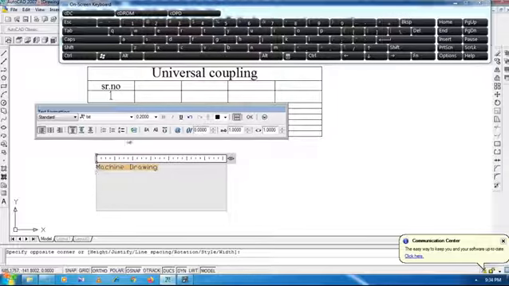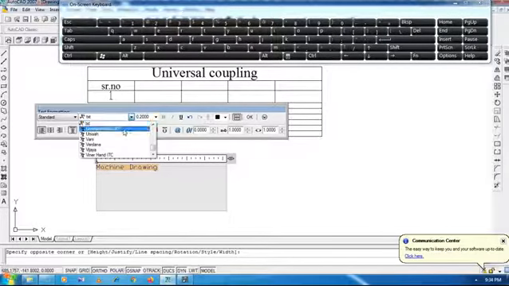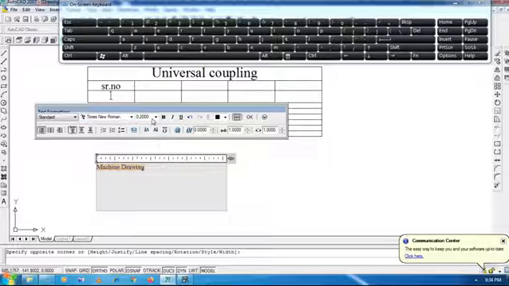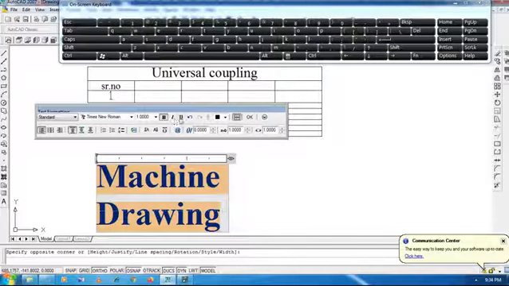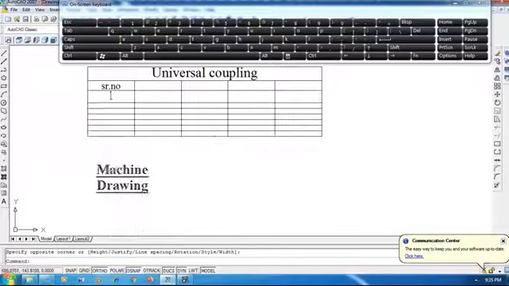And then Times New Roman. Okay, and then I am going to select 1 and press OK, or you can make it bold, underline and OK. So like this, you will get this word. And if you want to move this word anywhere, we have the move option in the modify toolbar.